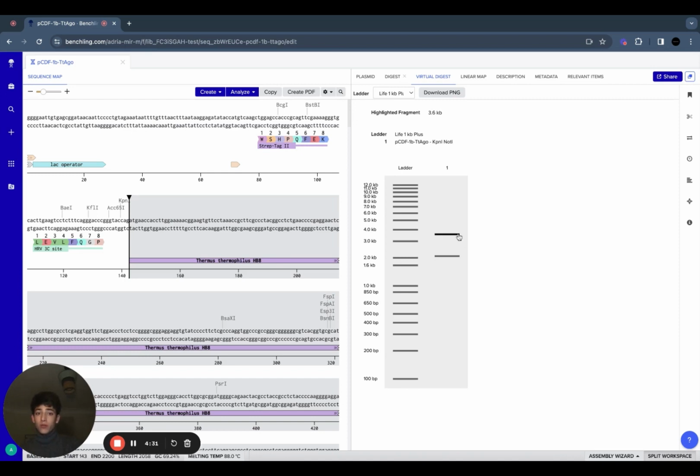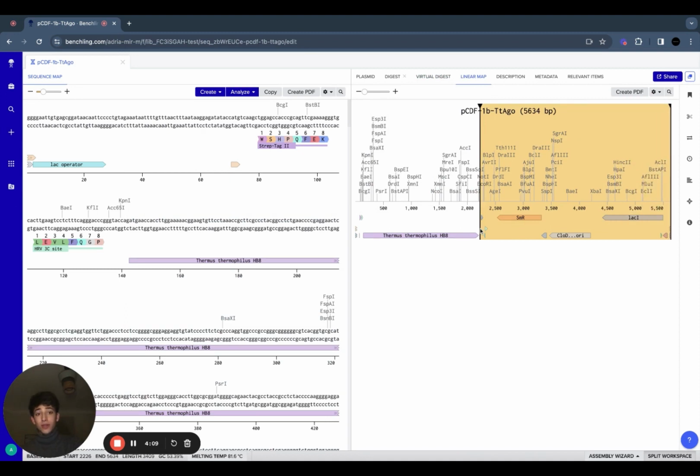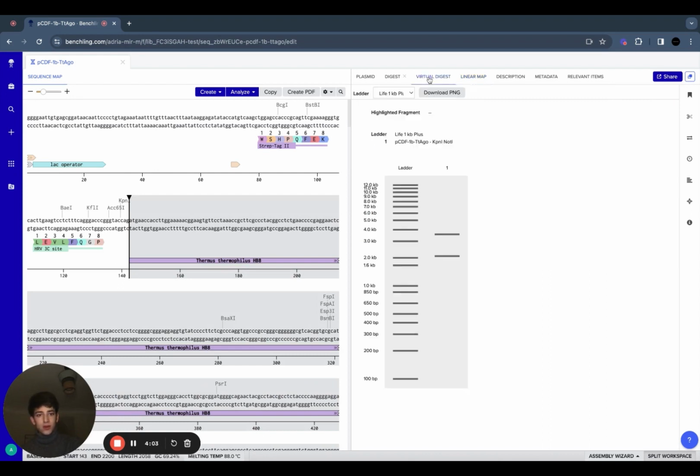Which one will move further? Well, that's because of their mass. The lighter one will move further, and the heavier one will not move as far. So, which one's the heavier one and which one's the lighter one? If we look at our linear map, we can see that the TtAgo gene is here, and all of the rest is over here. This is much larger than this bit, so we know that this is the lighter and smaller piece. Back to the virtual digest, if we click this,